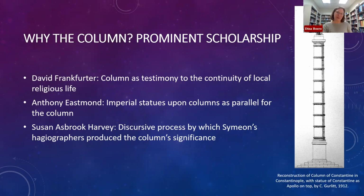And so I want to contribute to this debate by focusing on Stylite columns within specific topographical contexts. And I'm going to use the term topographical broadly in this presentation. I want to refer to both the arrangement of natural features and artificial features of an area at a particular time. So I want to look at the column both within its built environment and within its broader landscape. And to do that, I'm going to focus today on three topographical contexts and make three interconnected arguments for why